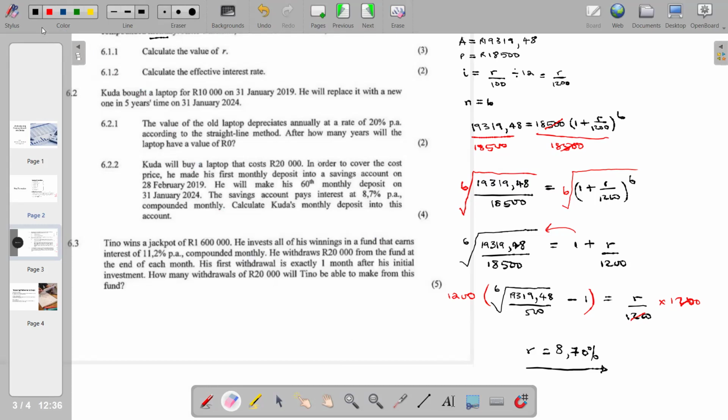It's 18 point, not 19 point here. So this is the answer. Then we go to the next question. It's saying calculate the effective interest rate. So to get the effective interest rate, it therefore means we are going,